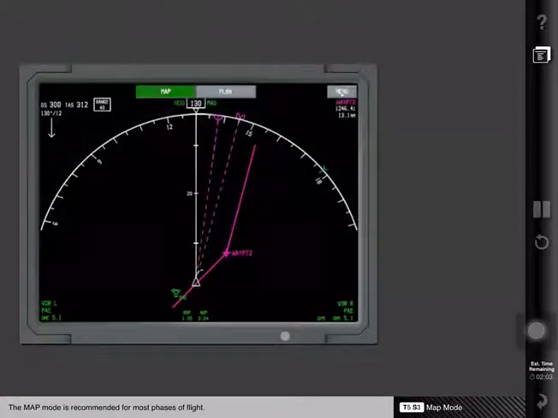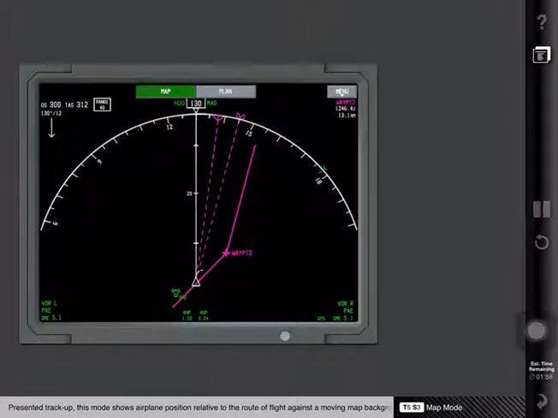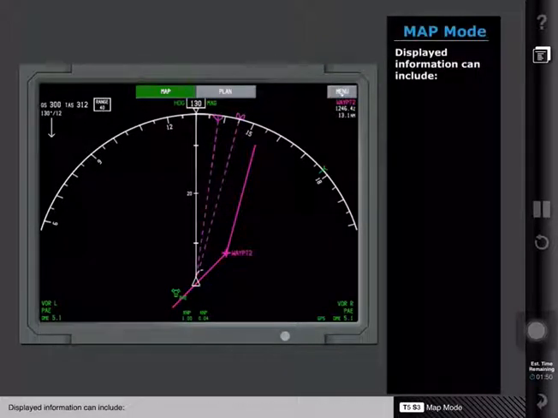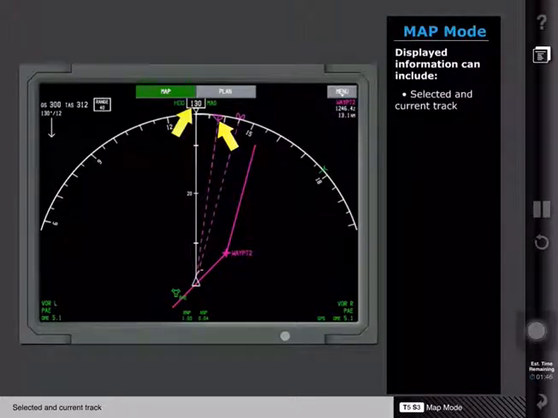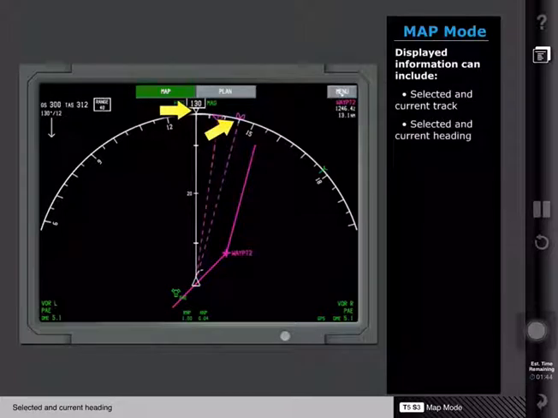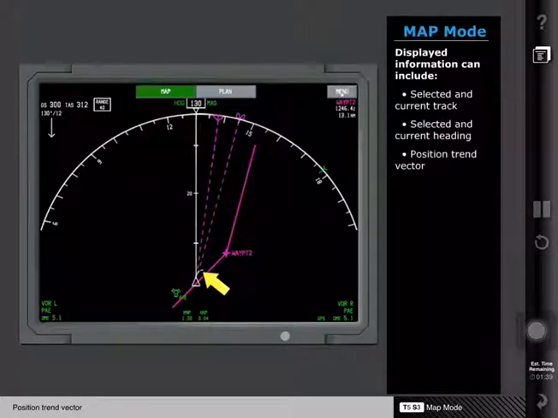The map mode is recommended for most phases of flight. Presented track up, this mode shows airplane position relative to the route of flight against a moving map background. Displayed information can include selected and current track, selected and current heading, position trend vector, range to selected altitude,